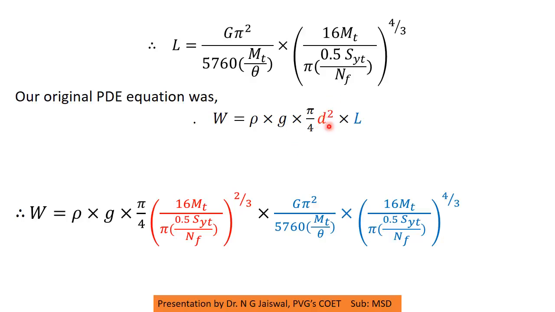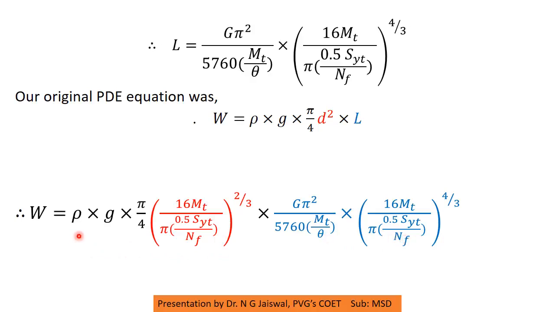You can just take a note that this is a red color. This is also red color. The entire thing is replaced as D square into, now what you see in blue color, L is replaced by this thing. This was L. So L is replaced by this thing. I told you, if you see this it is complicated, but if you follow the procedure, it is not at all difficult. So this becomes my entire equation now.